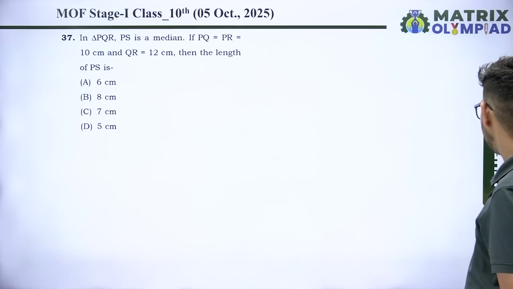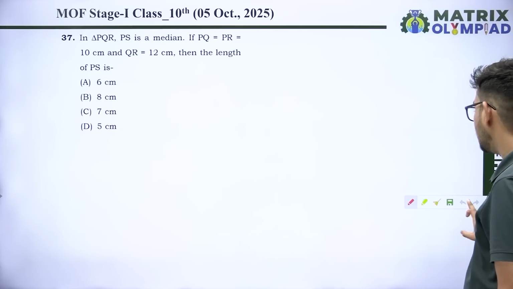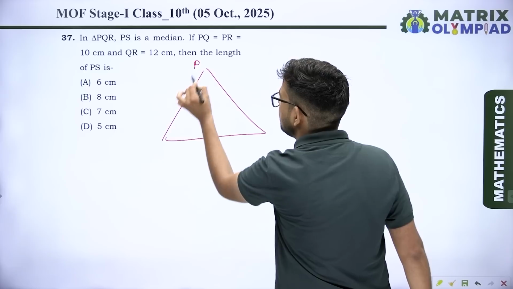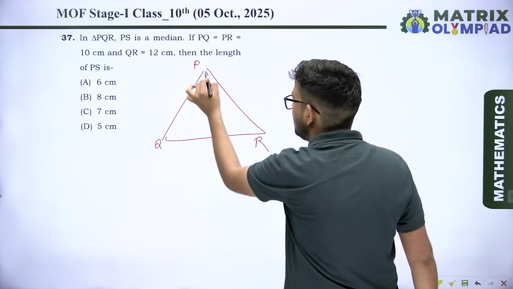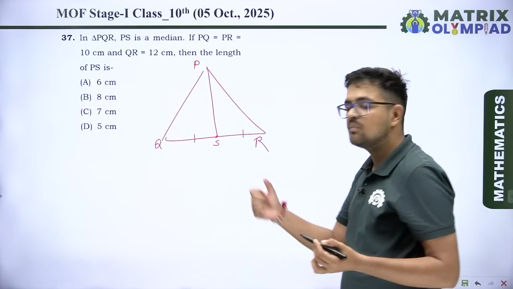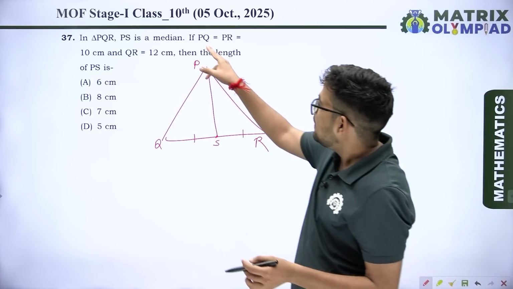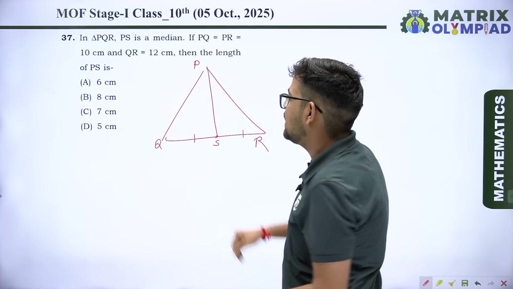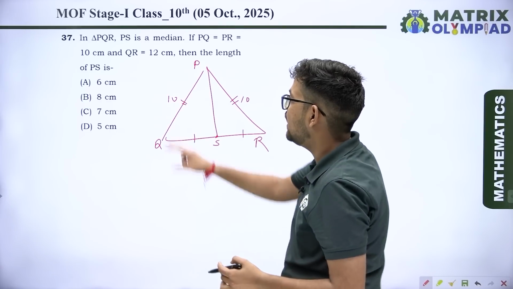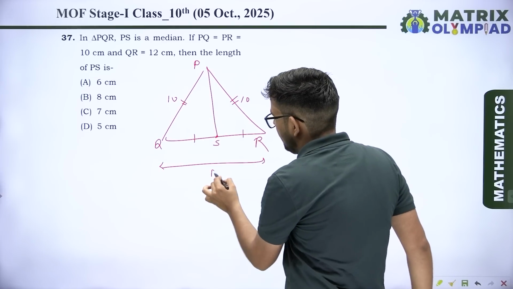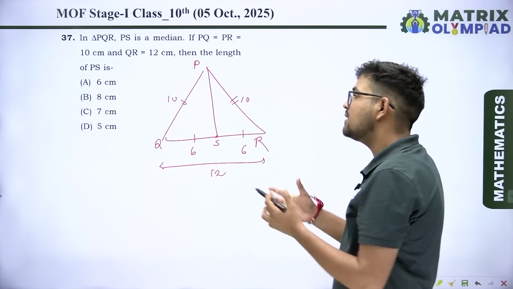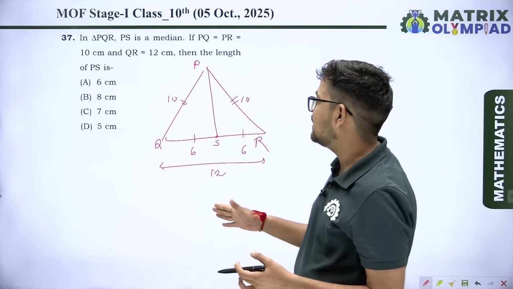नेक्स्ट question है: in triangle PQR, PS is median. PS अगर median है, इसका मतलब ये QR को equal two parts में divide करेगा। PQ equal PR equal 10, that is 10 centimeters, और QR equal 12। अगर आपके पास में QR है तो ये 6 हो जाएगा।